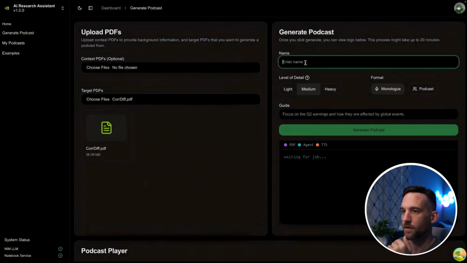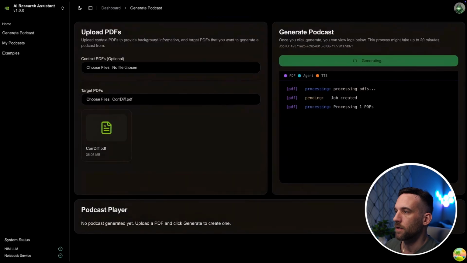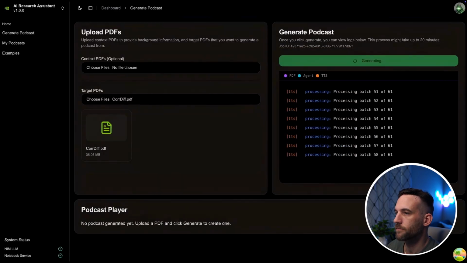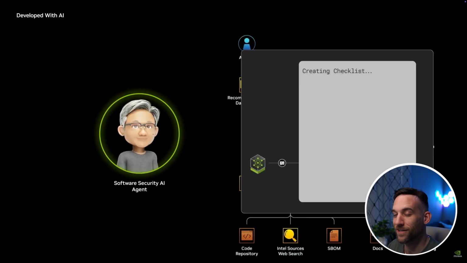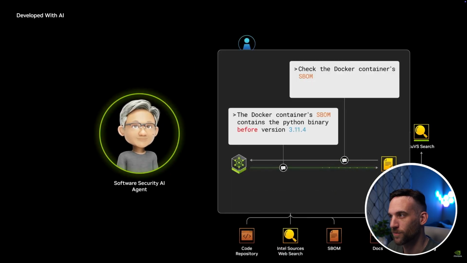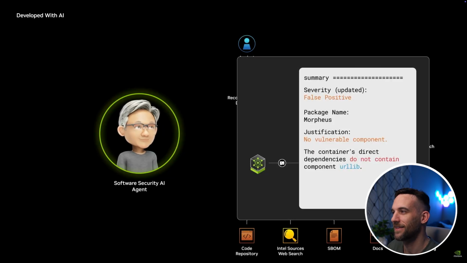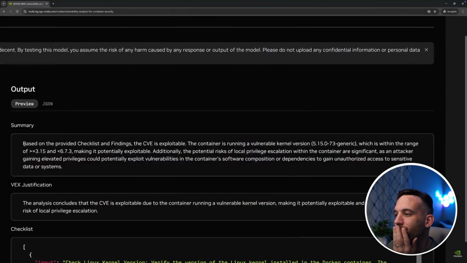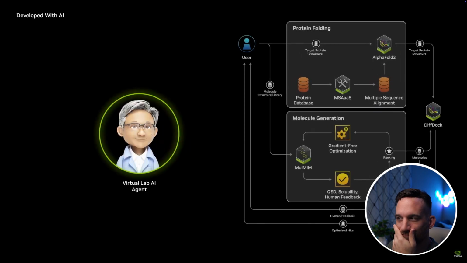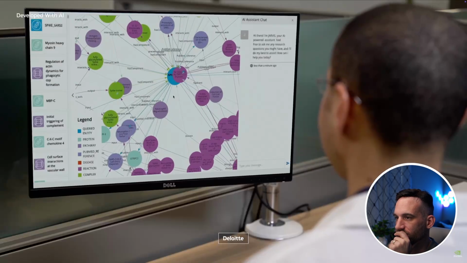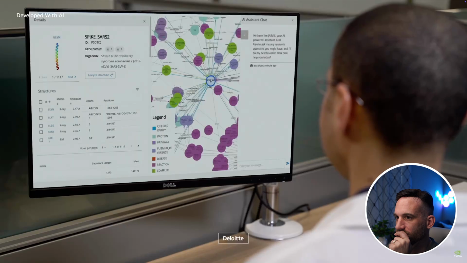Ingest complex documents like lectures, journals, financial results, and generate interactive podcasts for easy learning. By combining a UNet regression model with a diffusion model, CorrDiff can downscale global weather forecasts from 25 kilometers to 2 kilometers. Developers, like at Nvidia, manage so much software. AI agents continuously scan software for vulnerabilities, alerting developers to what action is needed. Virtual lab AI agents help researchers design and screen billions of compounds to find promising drug candidates faster than ever.